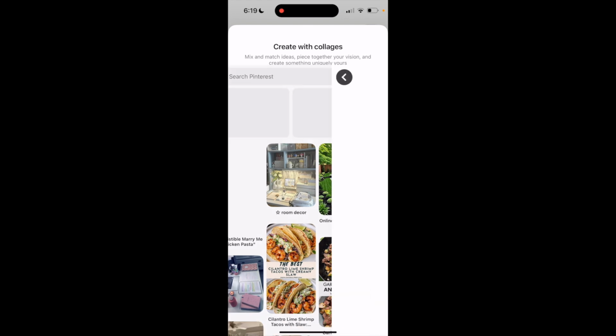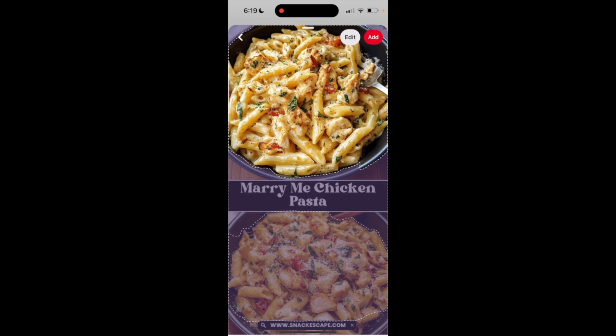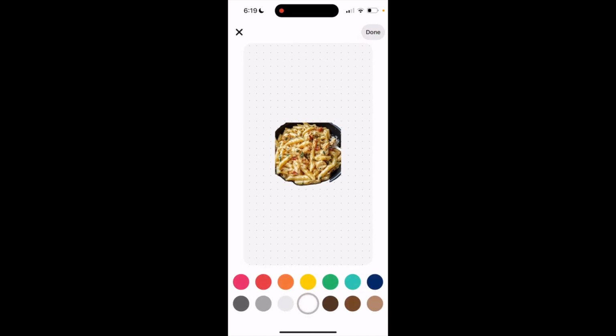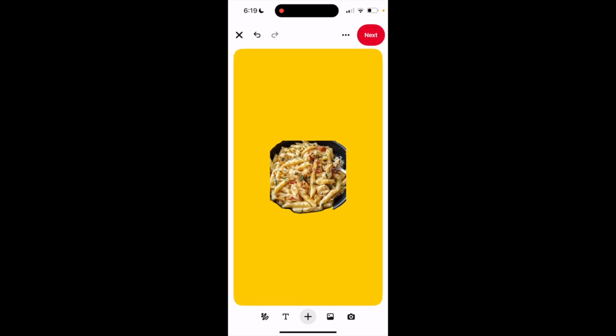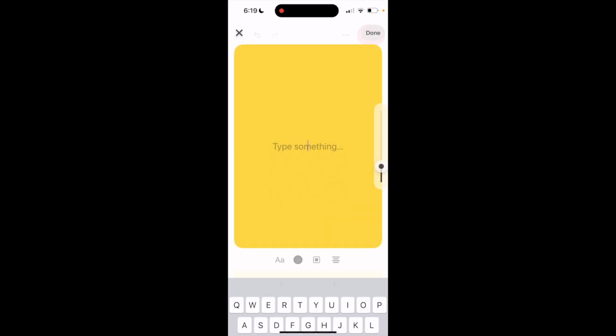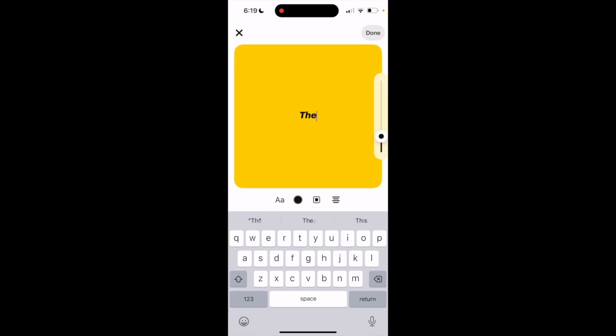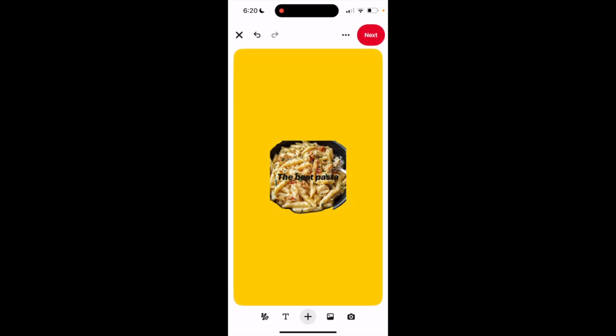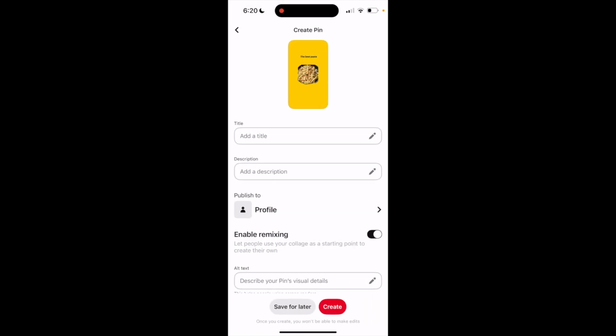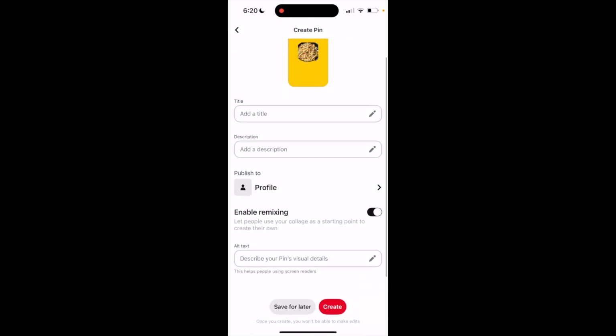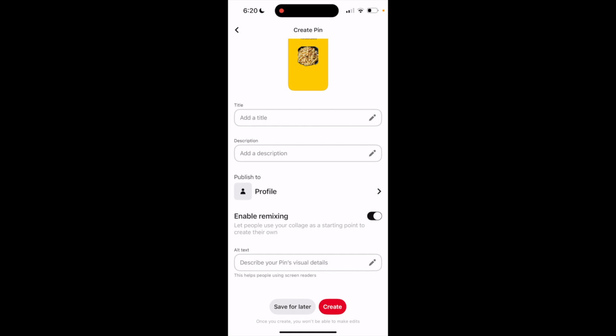So from here, you can put a couple of things together. You can put pictures from one board and make the colors different and do whatever you like. You can add text or whatever as well. Once you are done, you are going to then click done, click next. You can add a title for your collage, a description, and then when you click create, your collage